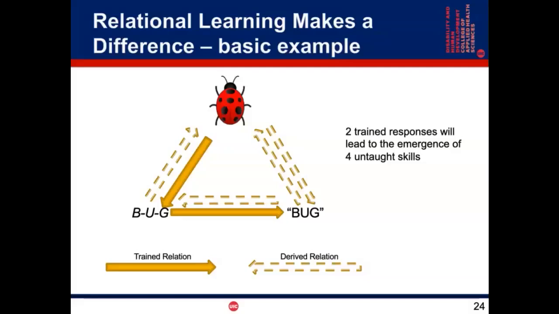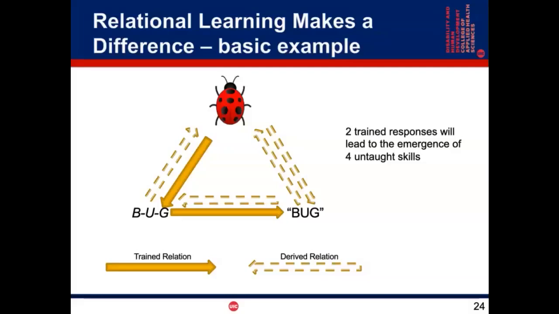And so you can see there's these 4 other dotted arrow paths here in this diagram where we can get what we would call inferential or derived learning, or relational learning, to take place. That doesn't necessarily require us as the caregiver to sit down and take the time to train. Now, what's important here is that, at the most basic level, it means that we can accelerate learning by 200%. I train 2 things, I get 4 of them for free, meaning that I don't need to spend time doing intervention on those other 4.